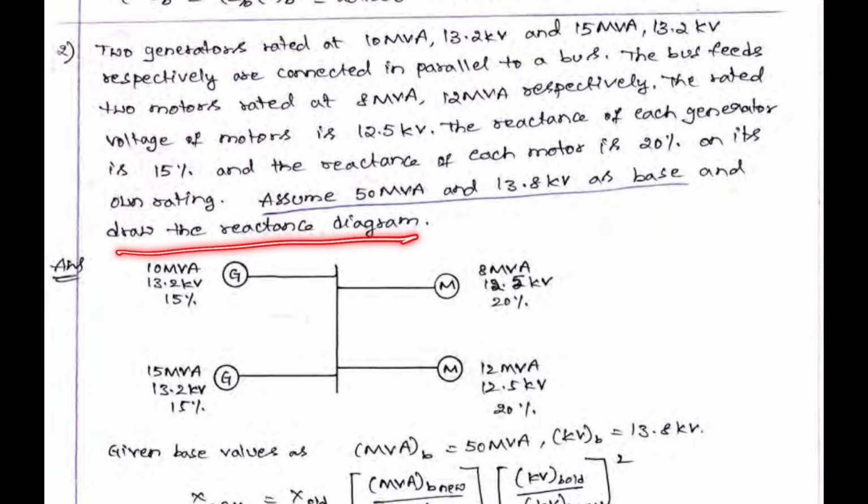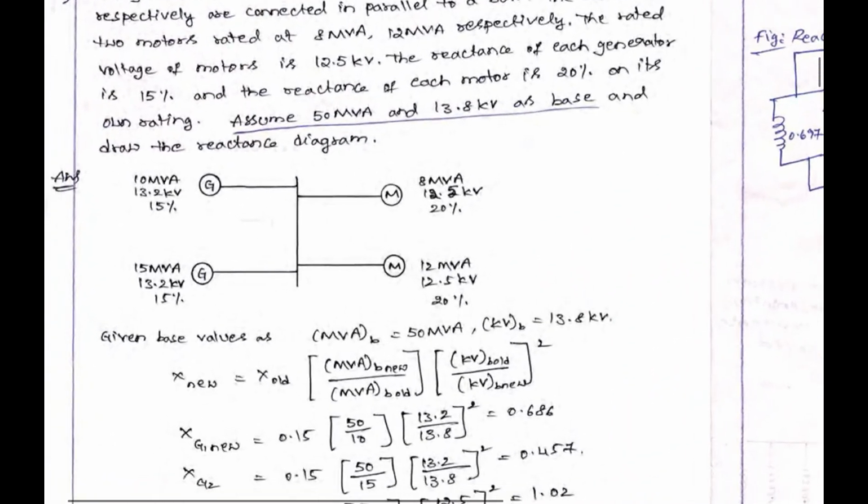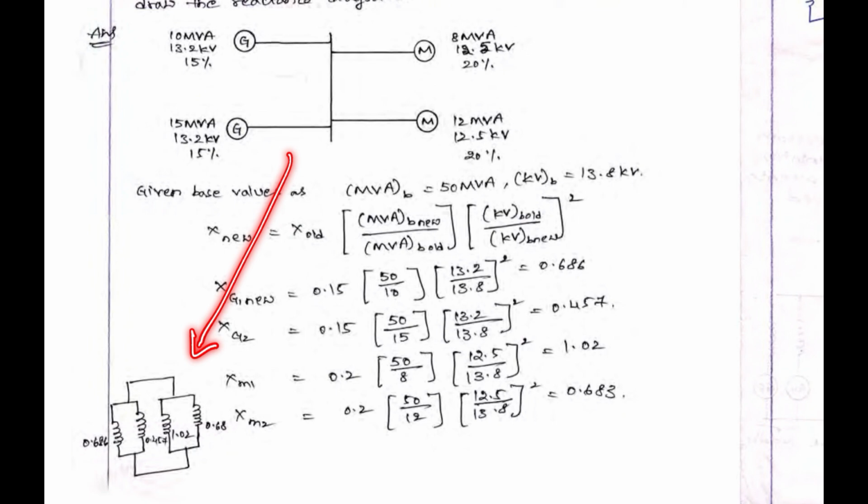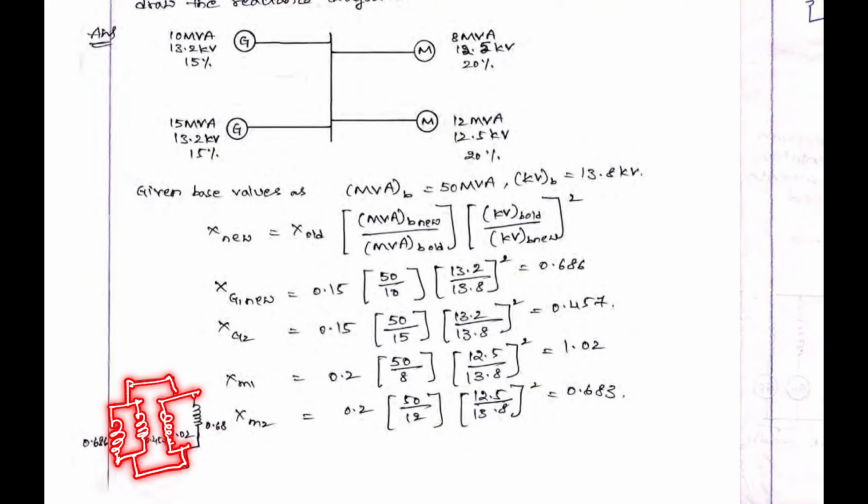So draw the reactance diagram. We have to draw the reactance diagram. Here we have two generators. For this reactance diagram, xg1 is the reactance of generator g1, and xg2 is that of generator g2. These two generators are connected in parallel to the two motors, motor 1 and motor 2. So in this given diagram